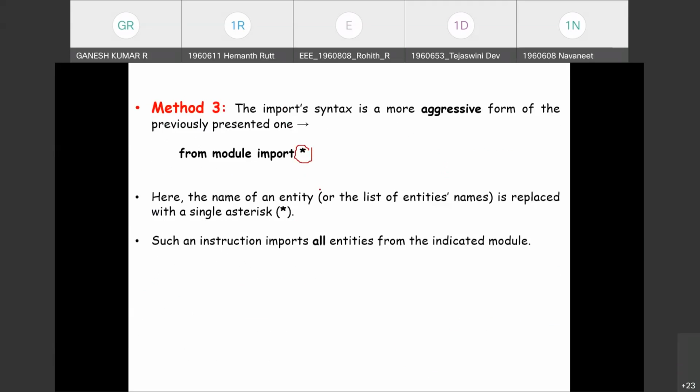This is not a favored or recommended method. If we have no idea, or if we are likely to change things, then this could be used. This third method could be the last option, an aggressive form of importing all the entities from the indicated module: from module import asterisk.